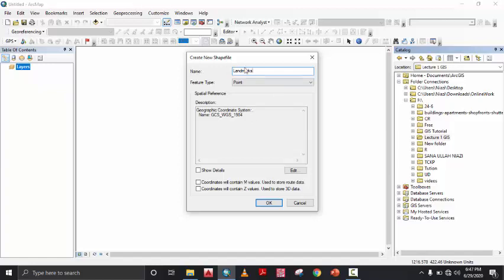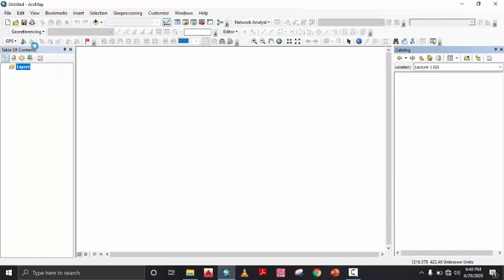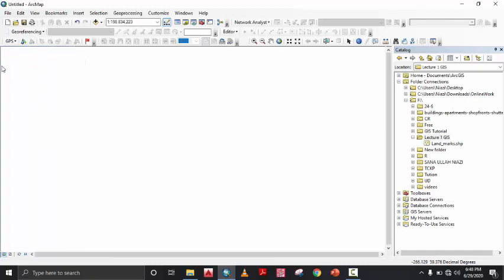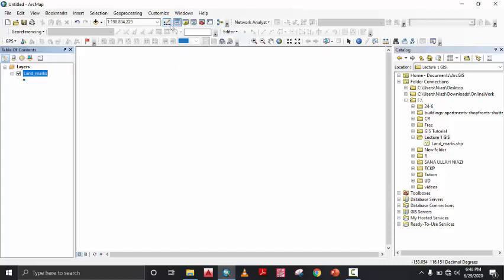Remember, you will not have to put a space in these names. If you want to put a space, then just use that tool to separate these two. So okay, now you will press OK, and this is the table of contents. Many times when I teach my students this, the problem occurs that they don't have the table of contents there. So how can you get that table of contents? As you can see, there's a table of contents just at the left side of our catalog. Just click on that table of contents, and you can see that this is landmark there.